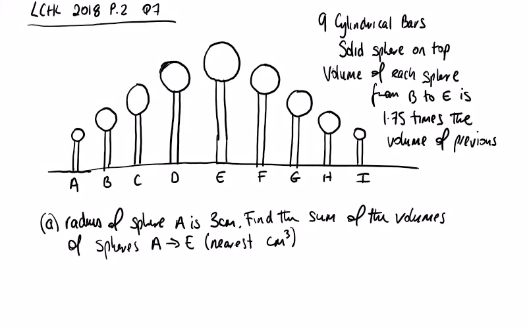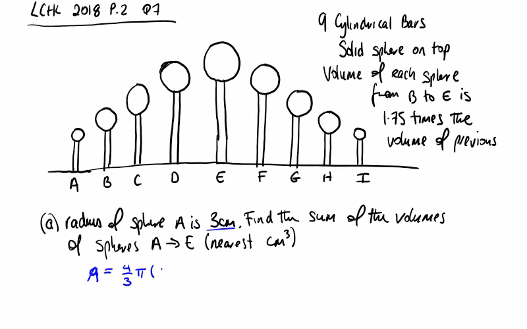2018 Leaving Cert Higher Level Paper 2 Question 7. We're told that this is a garden fence and the volume of each sphere from B to E is 1.75 times the volume of the previous sphere, and you're asked to find the sum of the volumes from spheres A to E. If we can get A, we can use the sum of the geometric sequence here. A is equal to 4/3 pi